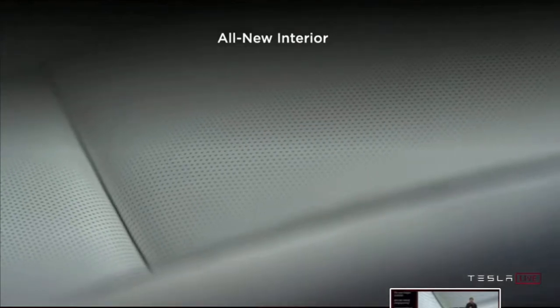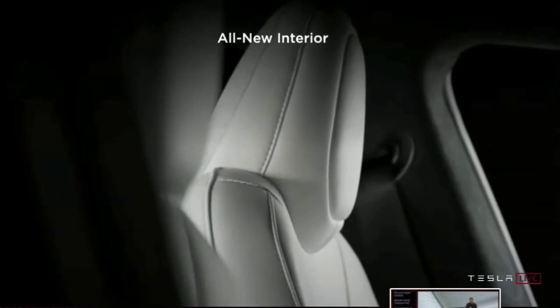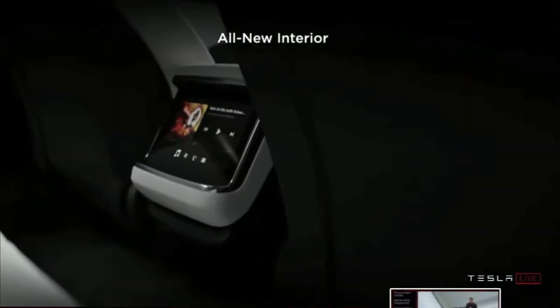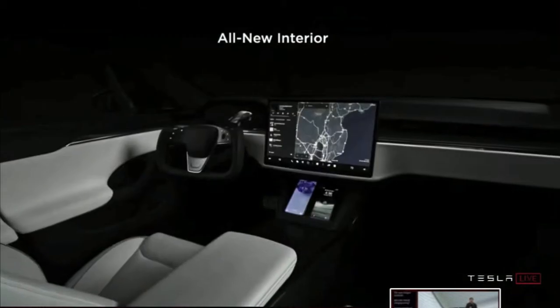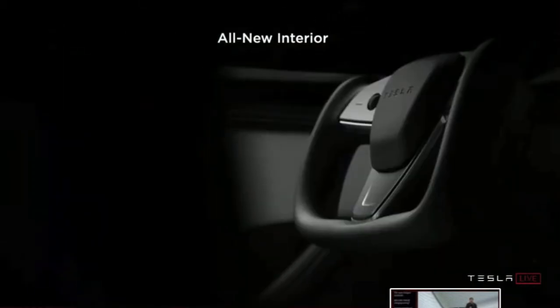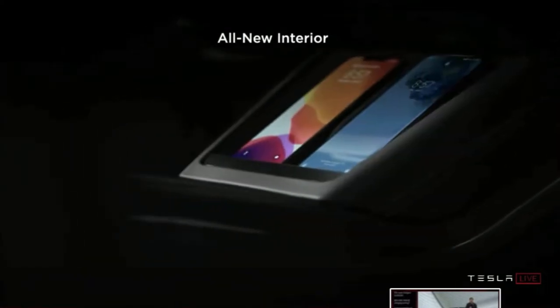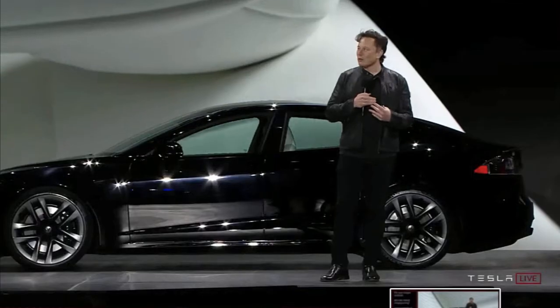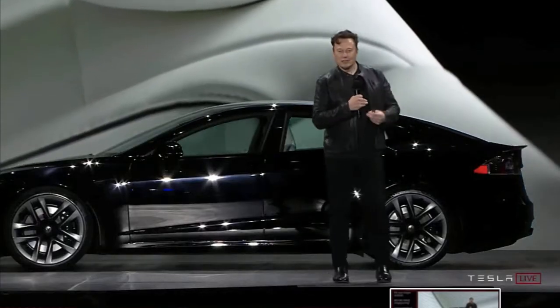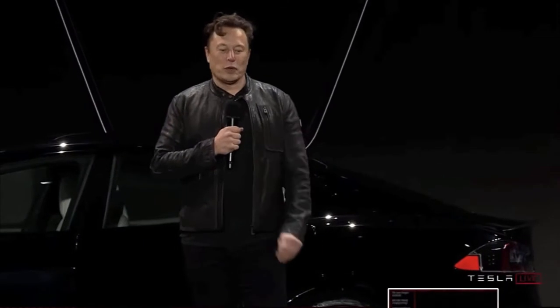There's screens in the back, there's ventilated seats, which is nice to have, and this interior is basically all new from the Model S. There's even more room in the back because the front seats are able to be pushed up to the front a little bit closer based on how the car is built. That steering wheel though, that's the yoke steering wheel, which is kind of like a Formula One type design. So it is something that, love it or hate it, that is on the Model S